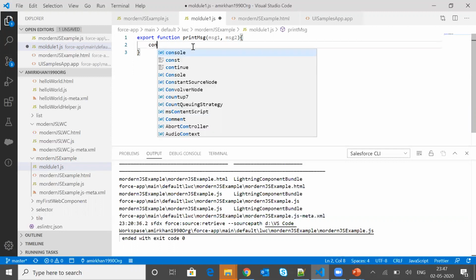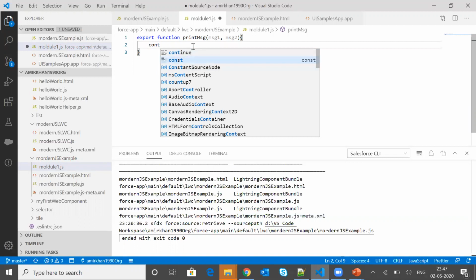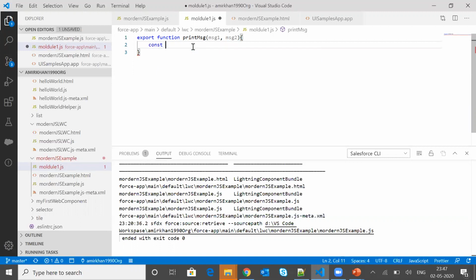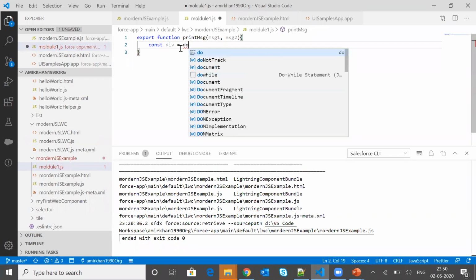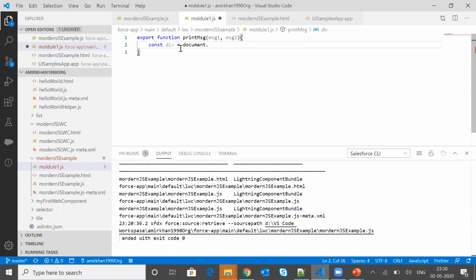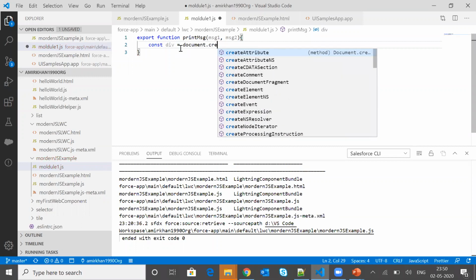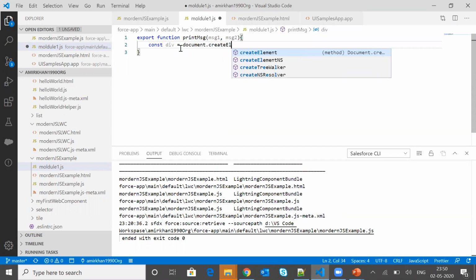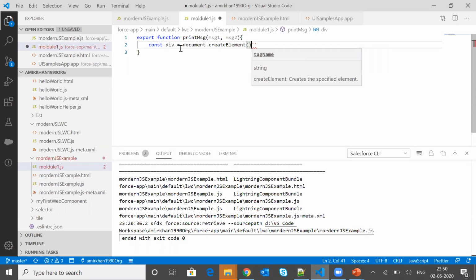Let me declare another variable here: a constant called div, where div is equal to document.createElement. Then I will be creating a div on the front end side in the HTML DOM.